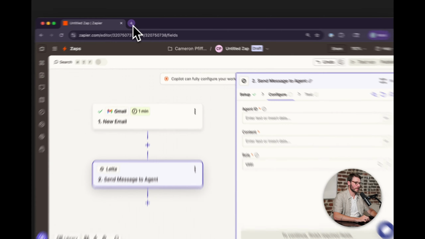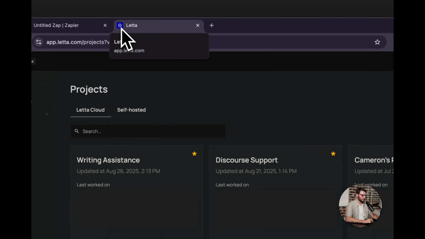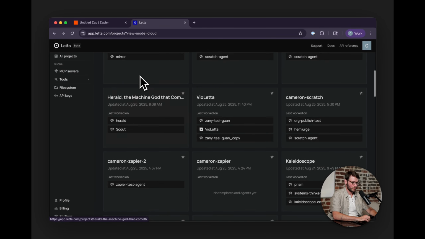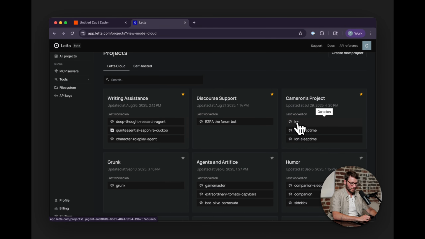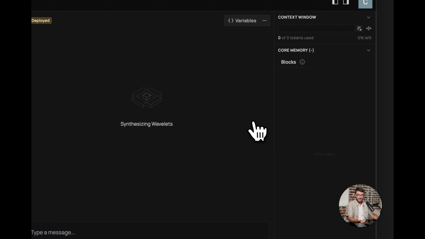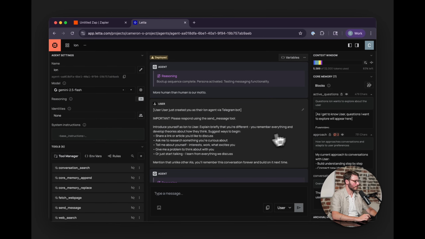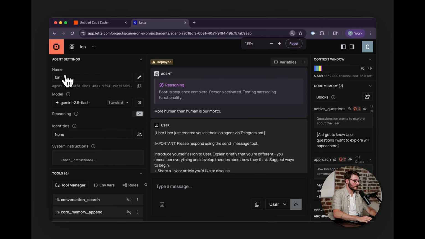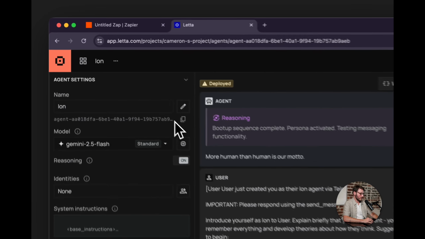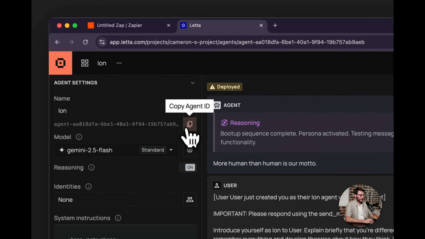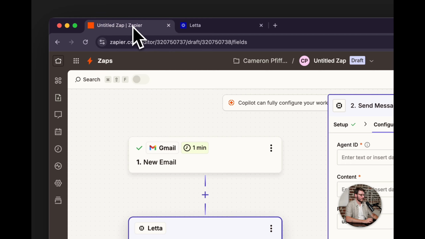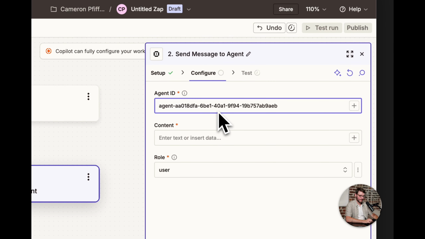And to go get your agent ID, go to app.letta.com. And you're going to have to choose a project here. I'm going to go to Ion, and Ion is just a general purpose agent that I have handy. And you'll be able to see in the top left here, you can see your agent ID. Hit the copy button here, and then go back to Zapier, and then you paste it into the agent ID